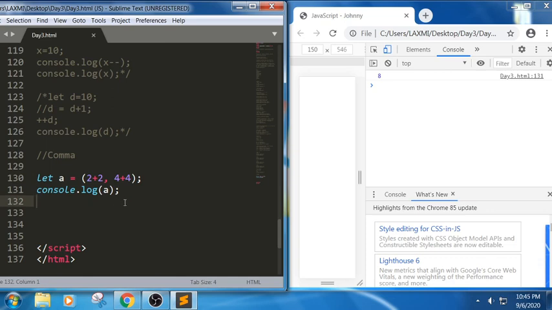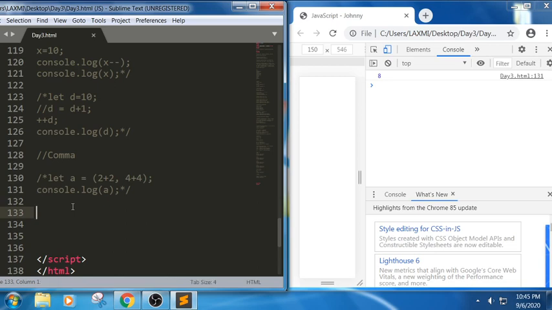Where do we use this syntax? Generally in the for loop, in our upcoming sessions. If I have two initializations like i equal to 0 comma j equal to 0 in a single initialization part of a for loop, then we can use this comma operator. The for loop is the best example, where we put two or more initializations together.